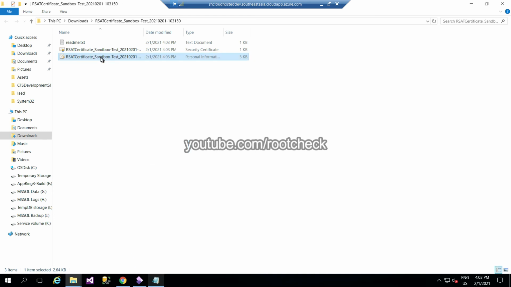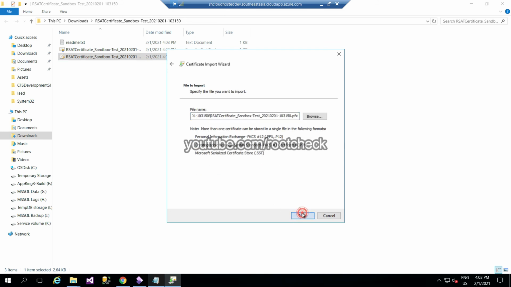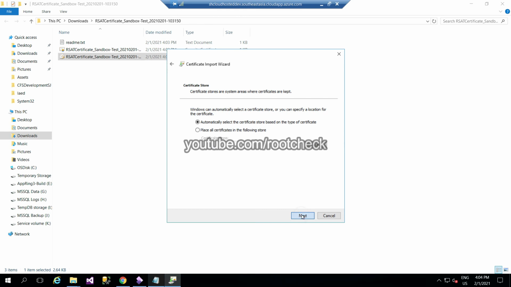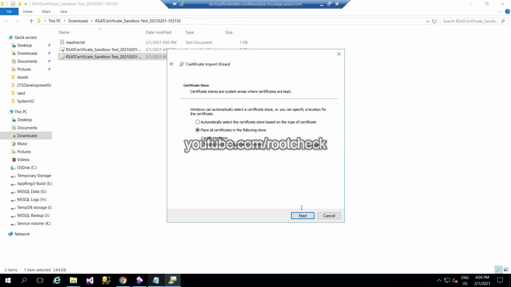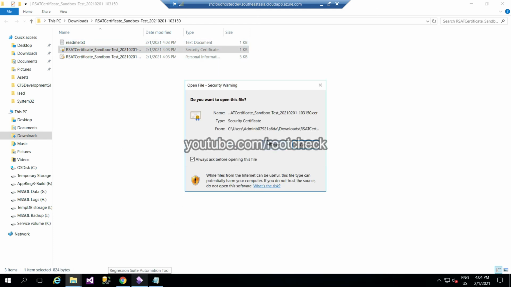Now again I will install for the trusted root certification option. Again we need to paste the password from the LCS. Trusted root certification authority, and we have successfully completed the process of installation of certificates.